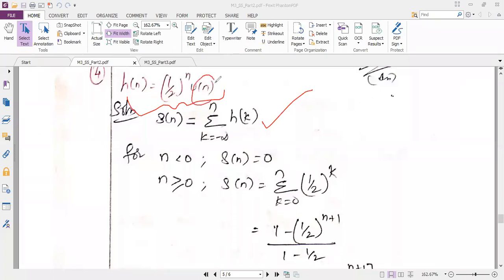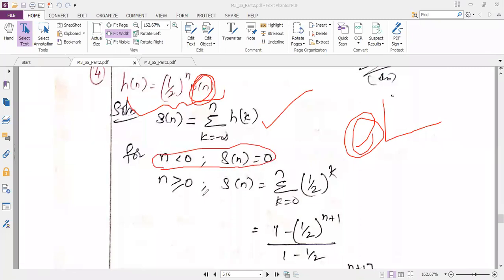As per the given data, I have u of n in the question. If there is u of n, I know I do not have anything at the negative side. So when n is less than 0, my output is equal to 0 because there is no signal. When n is greater than or equal to 0, I will get the output. So S of n is equal to summation, and the lower limit I am just changing to 0. Instead of minus infinity, I am writing 0, so it is 0 to n. Originally it is 0 to infinity, so n is any point between 0 and infinity. As per the formula, the highermost limit is n, so we should not disturb it.